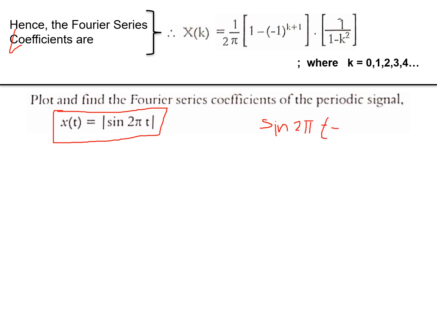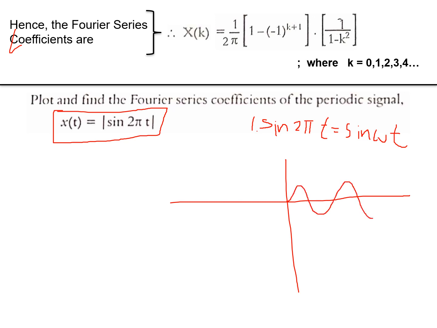So this is of the form sine omega t, okay, omega is 2 pi. It is a sine wave, amplitude 1. So this is nothing but a sine wave. It's a positive half cycle, negative half cycle, positive half cycle, negative half cycle, in positive time, and in negative time as well. This is how a sine wave is plotted, no? So it is like this, and it goes on like this.